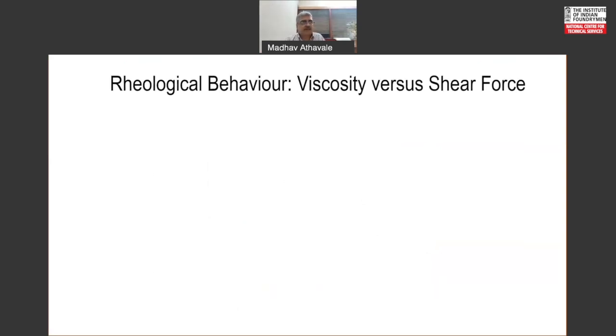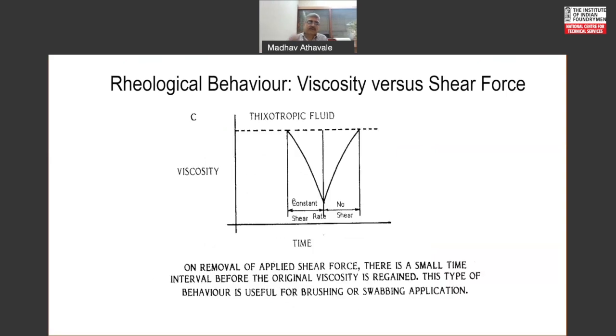Now, here, in coatings, we want the coating to remain onto the surface of the mold or core. So, let's look at what we call a thixotropic fluid. What I would like you to imagine is that you have got a coating which has got a thixotropic behavior. What we mean by thixotropic is that when you apply a constant shear here,